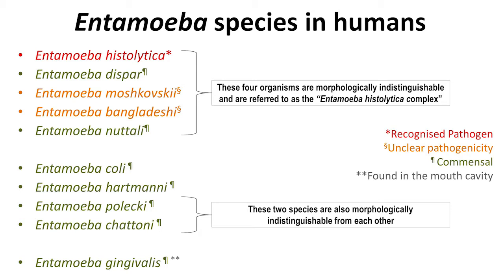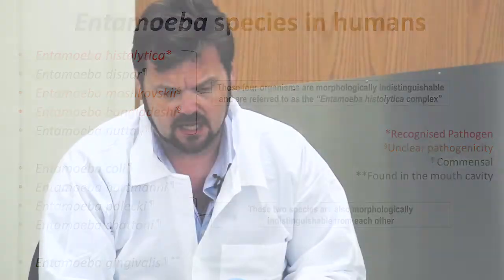So there's several species of which only one is histolytica. And that species, Entamoeba histolytica, is a significant human pathogen. It can cause severe disease or death. Many people who are infected with it are asymptomatic. They have no particular symptoms, but if you're the unlucky one who is symptomatic, you can have anything from mild diarrhea through to chronic diarrhea, through to amoebic dysentery, and it can even go into sterile sites and cause things like liver abscesses and lung abscesses, etc. So quite a nasty pathogen which we really need to pick out and let doctors know about